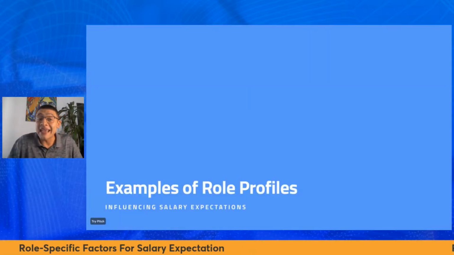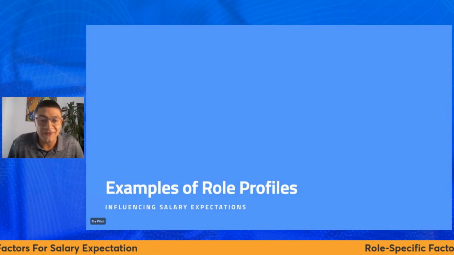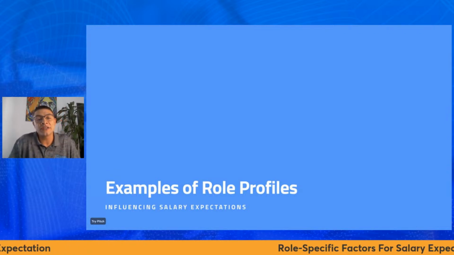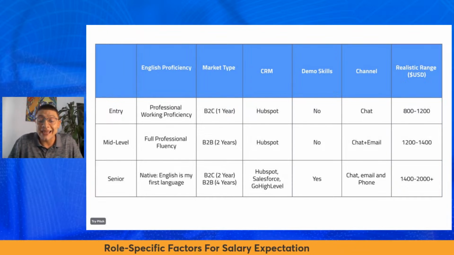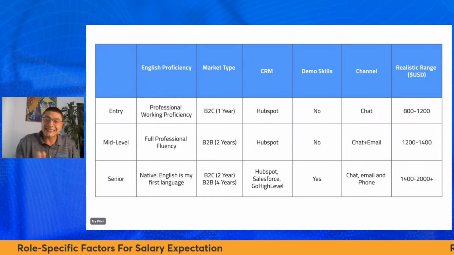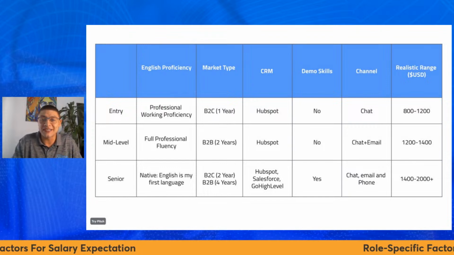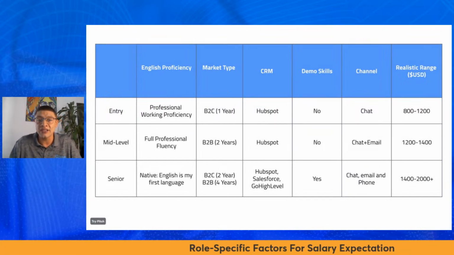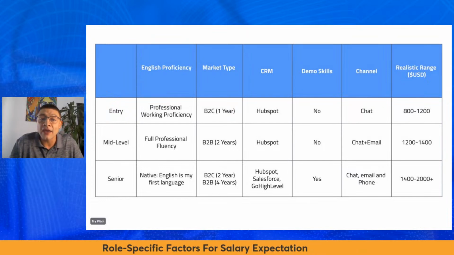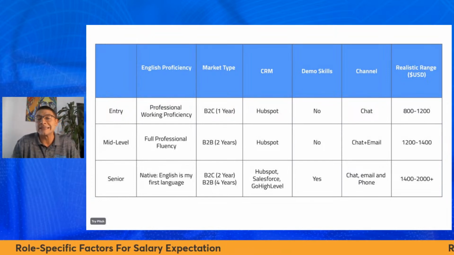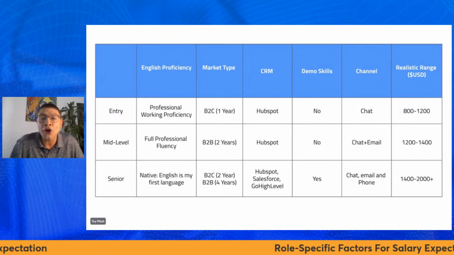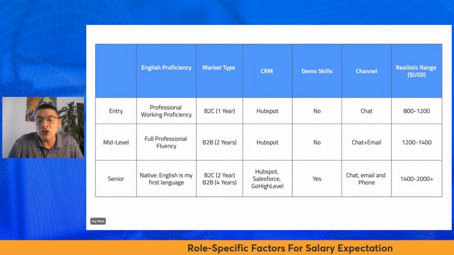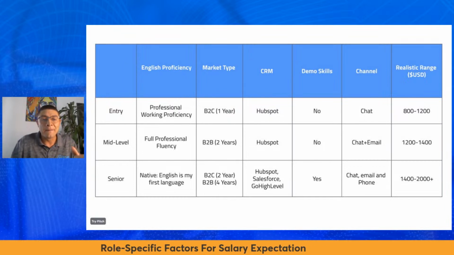All right. So some examples that we're going to provide. So this is where we'll have, I believe, the customer service person. Yes, it is. So as an example, guys, again, CloudTask is not stating that if you have these characteristics, you will definitely get X amount, right? At the very end, you can see the realistic range. So we'll start from the beginning. We have it at entry level, mid-level, and senior level, right? We've used an example of professional working proficiency, right? This one could be closer to the B2,